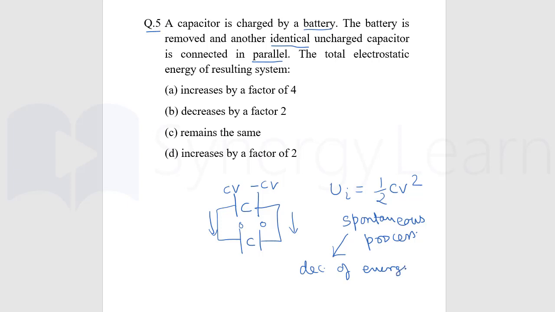Here it is potential energy, so the final potential energy definitely will be lesser than the initial potential energy. Now let us examine the options. The first says it increases by a factor of 4, which is incorrect. The third says it remains the same, which is again incorrect. And the fourth says it increases by a factor of 2, so it is incorrect, and hence we have the second option,